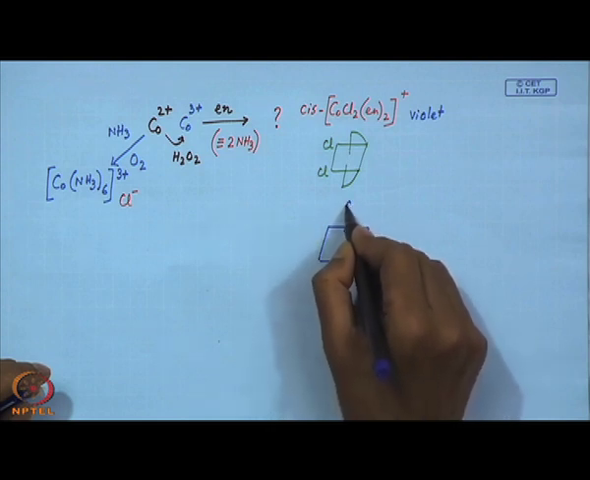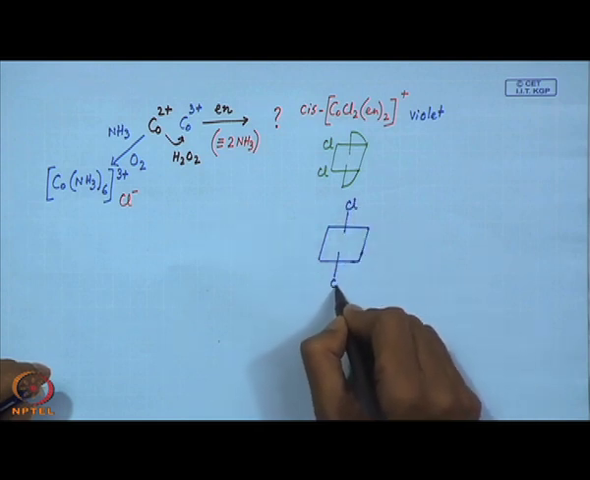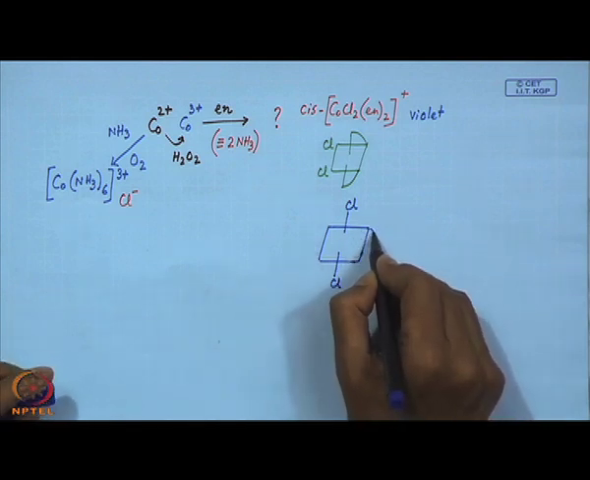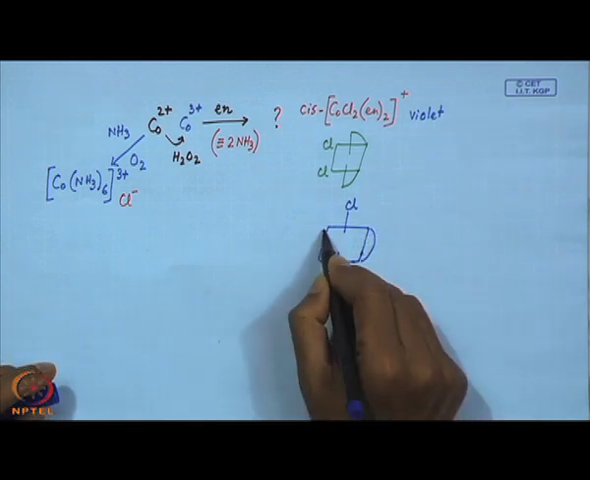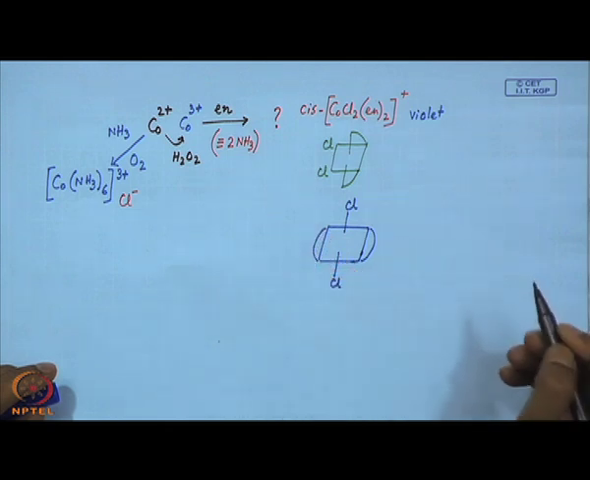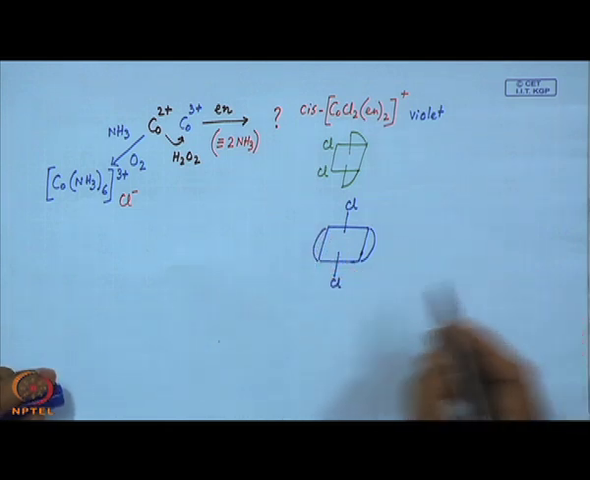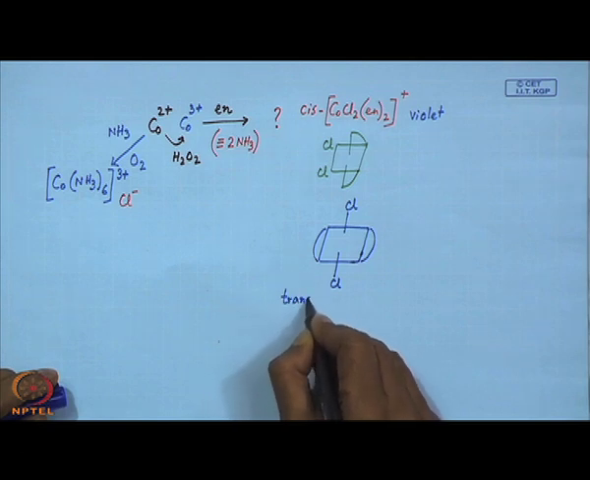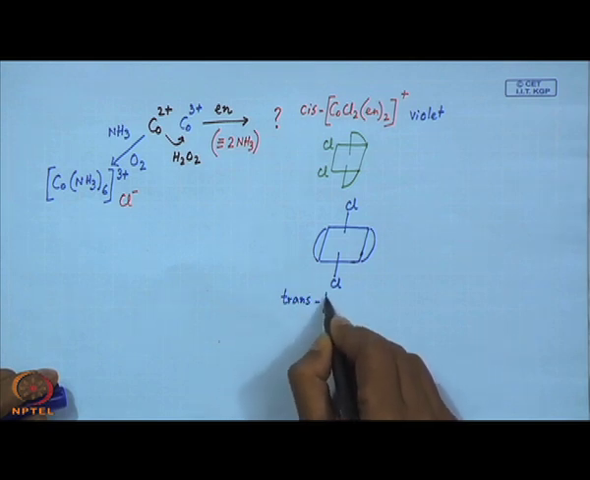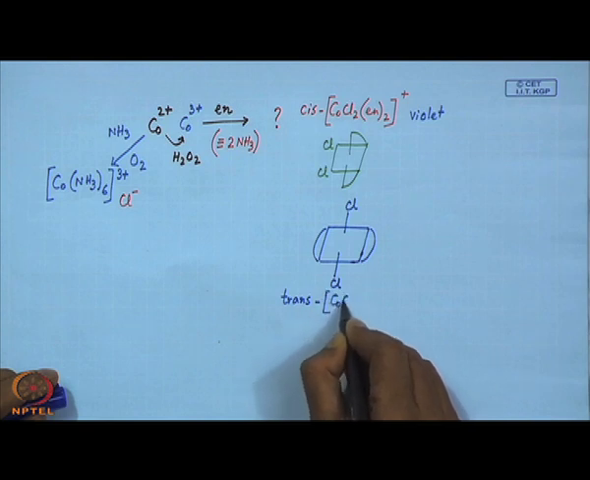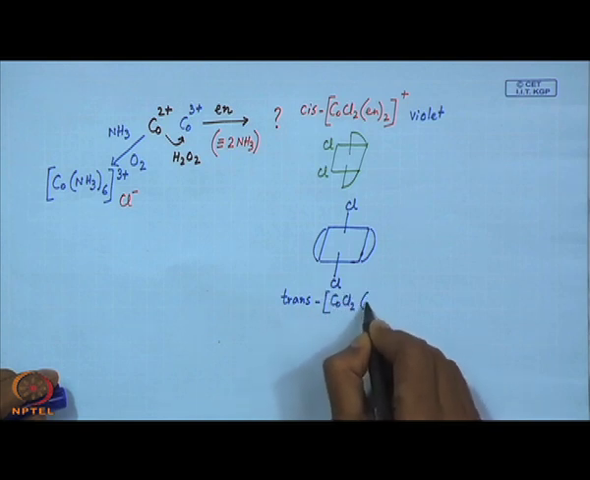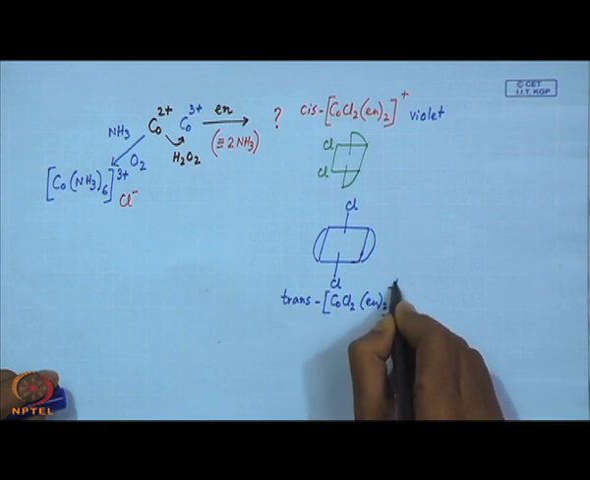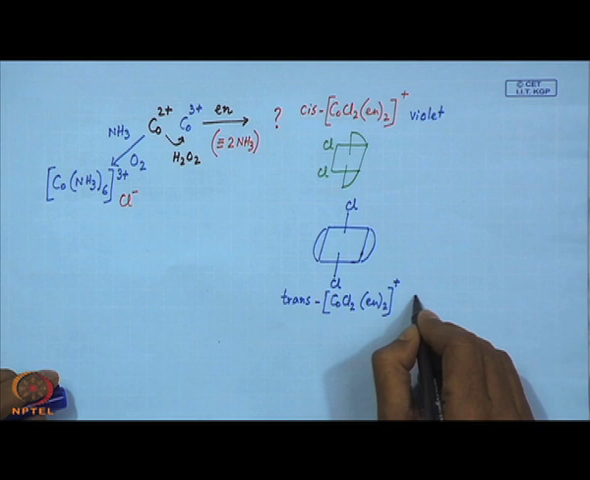trans isomer. Trans means we have 2 Cl over there, and these are the 2 ethylene diamine molecules, which is therefore trans [Co(en)2Cl2]+, which is